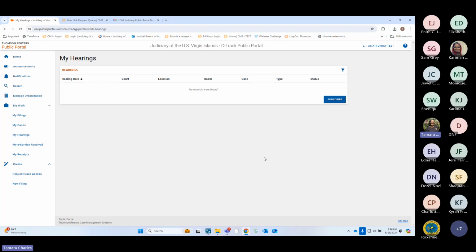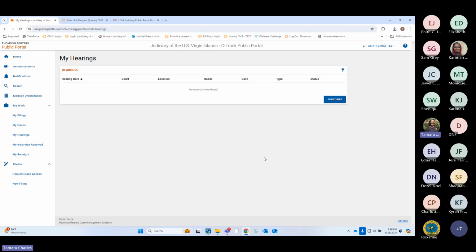The key thing I am going to share is that you have to log out and log back in when there's any changes saved. So if your LOA, your legal org admin, adds you as a support staff, you have to log out, log back in. Those things are only one-time occurrences, meaning you shouldn't have to do it often because they're not adding you as a support staff all the time. But if you do change attorneys or something happens and you have to be added or taken away from one of the attorneys' rights, then yes, you will have to log out and log back in.